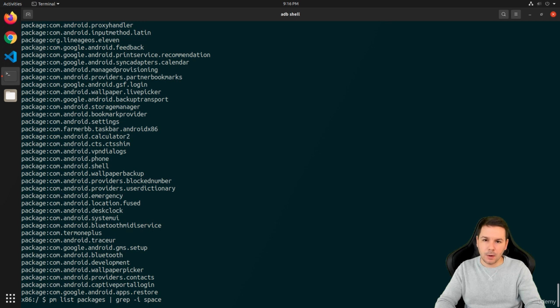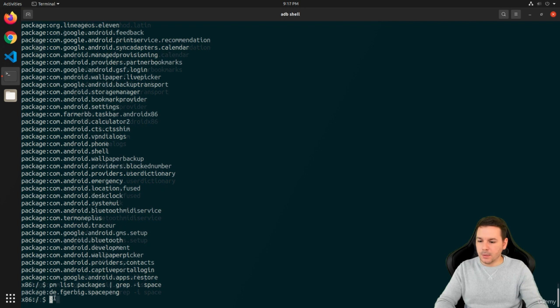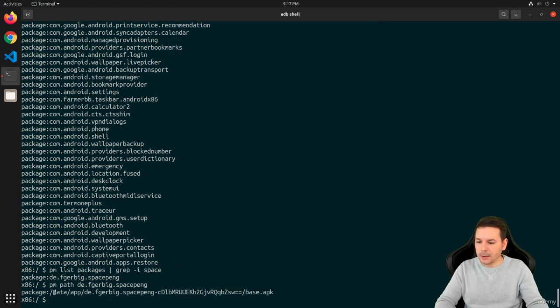We know our application has the name space in it, so we say grep -i for ignore case, so we do not have to care about upper and lower case. Here we can see the package name of our application, this one right here. And now we can say pm path with the package name to retrieve the path of this APK file. And this is located right here. It's under data app spacepang, some weird base64 string, which we do not care too much about, and this base.apk file right here. So we take this whole path,